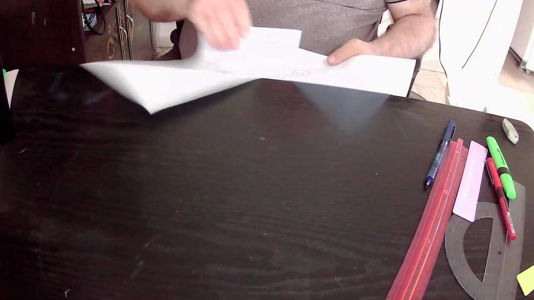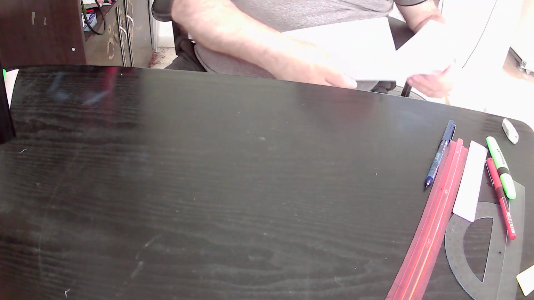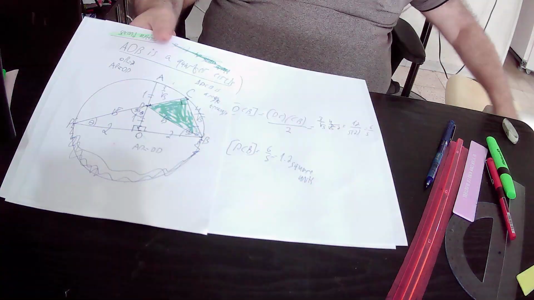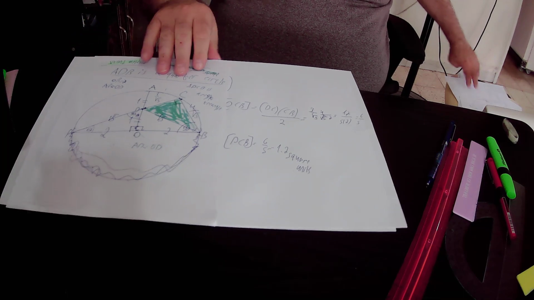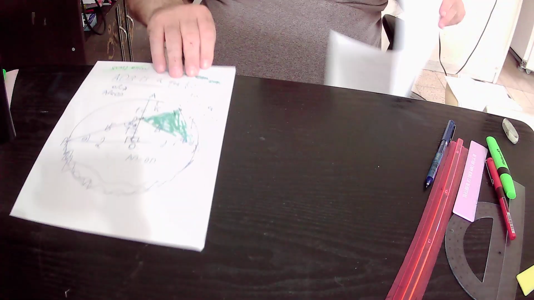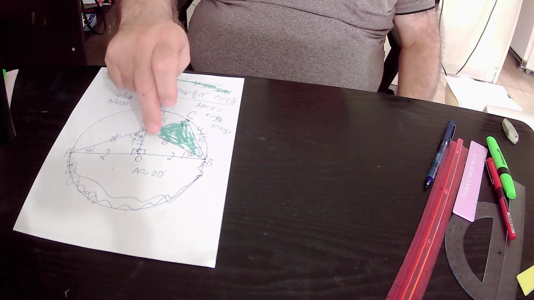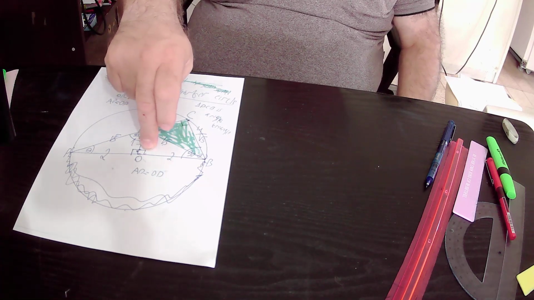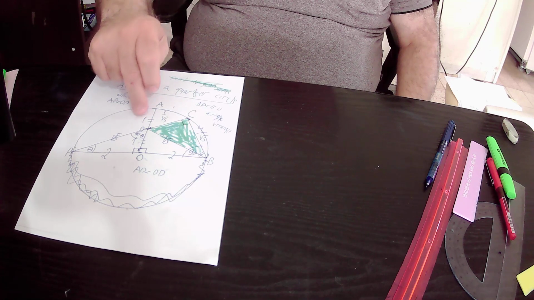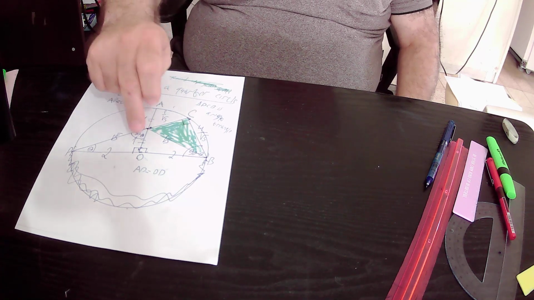We finished with the first method. Then I presented to you how to find the area of the right blue triangle according to the second method. In the second method, we use all the things that we already found out in the first method. This angle equals 90 degrees according to the first method. AD equals 1, DO equals 1,